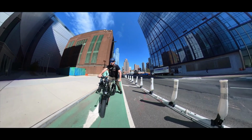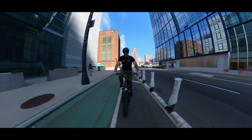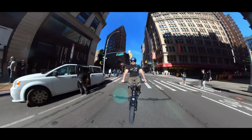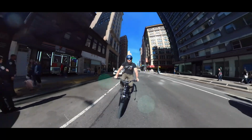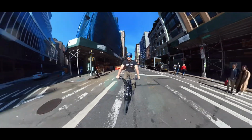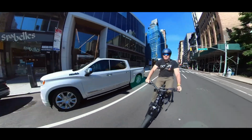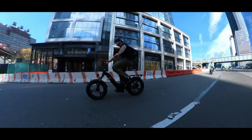The acceleration on the Antelope is smooth. On the aggressive side, the bike has powerful torque and punches hard at the start, but it's limited and dies down when you reach 18 to 20 miles an hour. Top speed, on the throttle alone, I hit 20.5 miles. If you pedal more aggressively with 5-level assist, 22 to 24 miles an hour. It's not a fast bike, but geared for torque